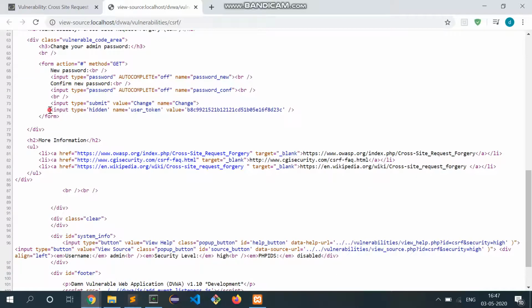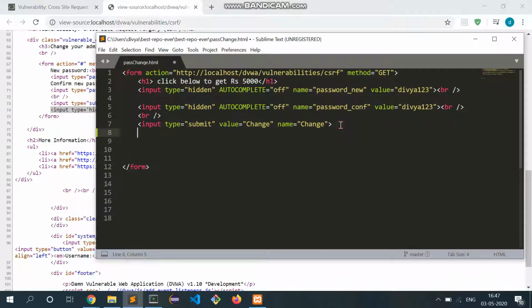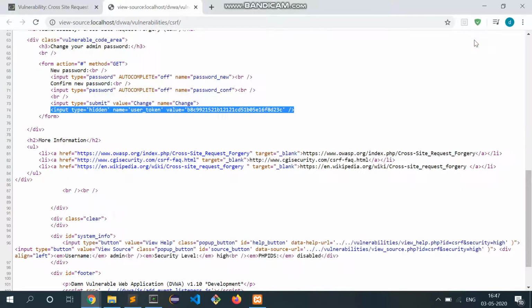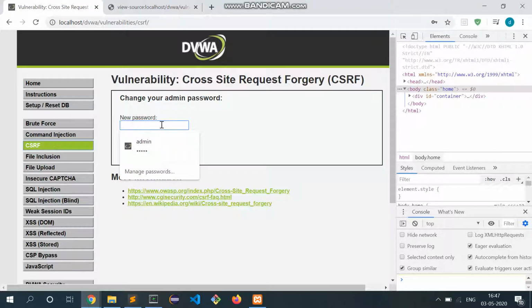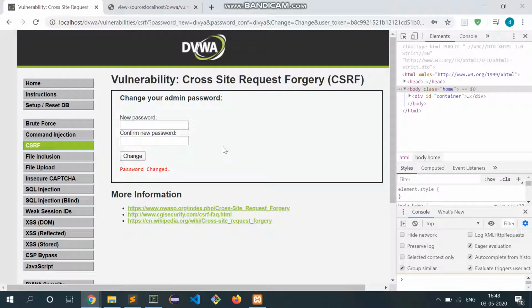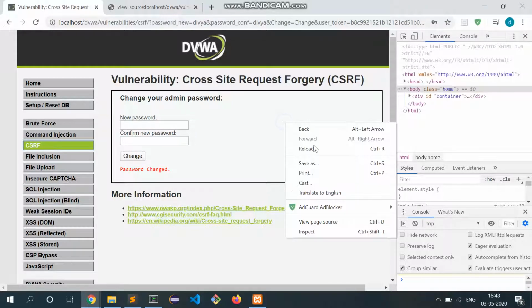Now this is the token here. Copy it and paste it in your HTML document. I will again change the password to Divya. Change. The password has been changed.